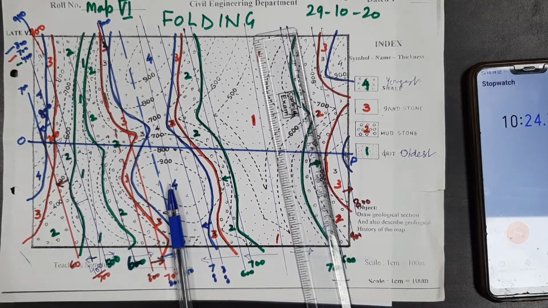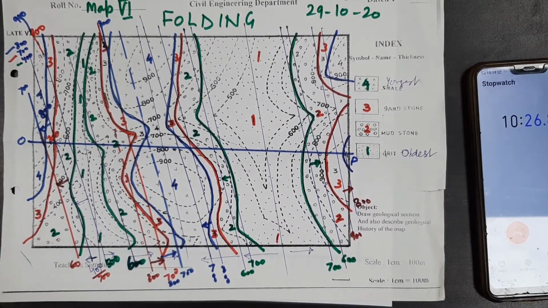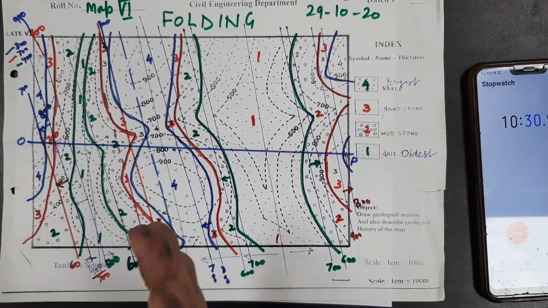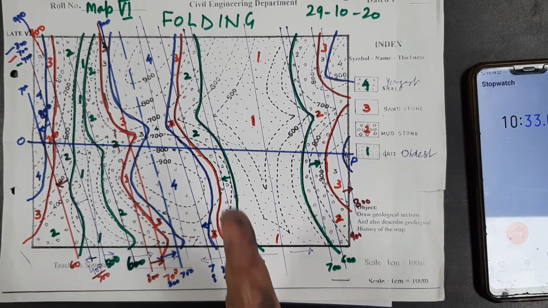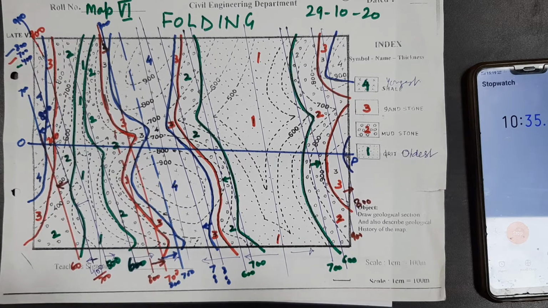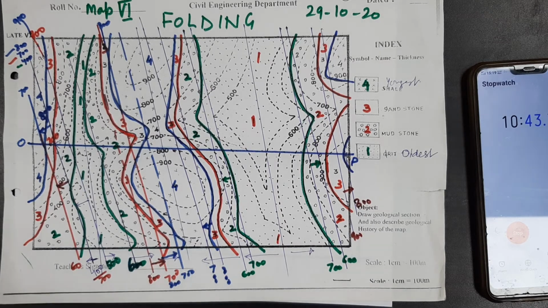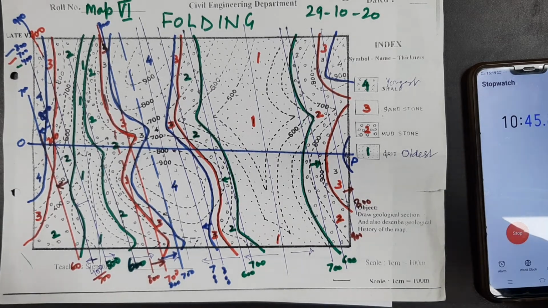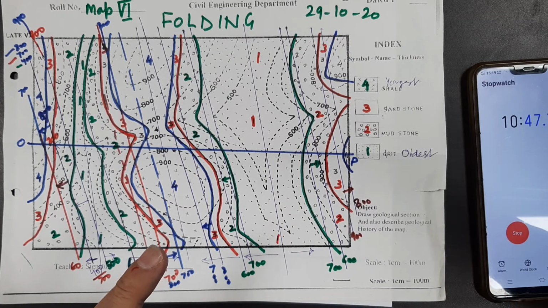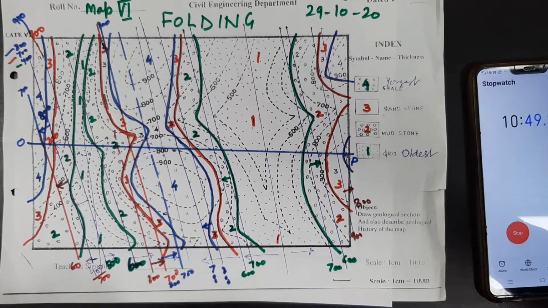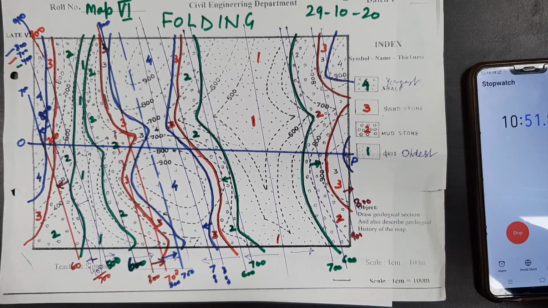So I have just tried to explain how to draw a strike line in this map. We have to draw a strike line on each and every contact. What is important is that while drawing the profile and transferring the angle of dip, you have to be very cautious about which contact is dipping in which direction. That I will show you in the next video. That's all for this video, just to explain the strike line drawing. In your map, you already have strike lines. You simply have to give the value and number.